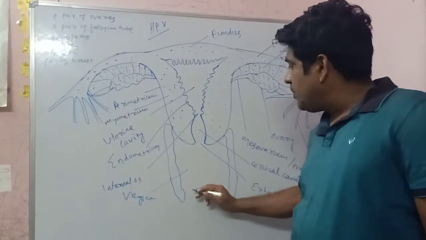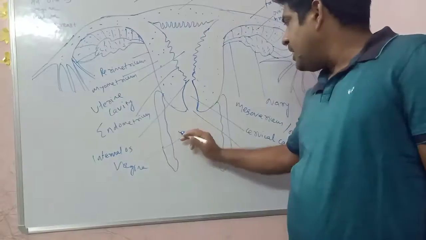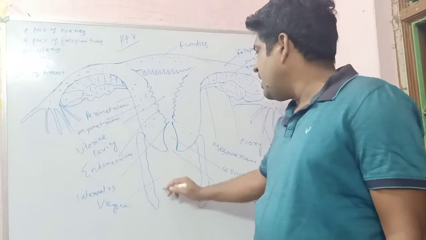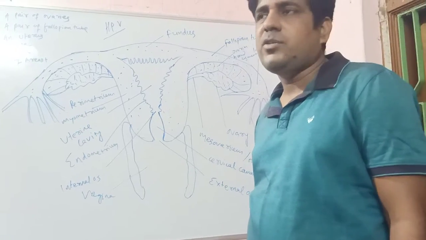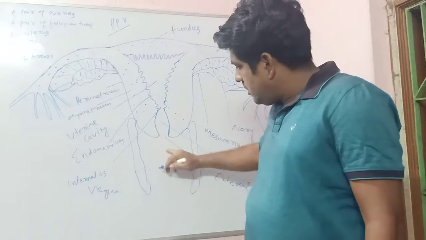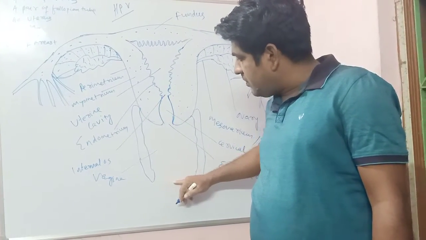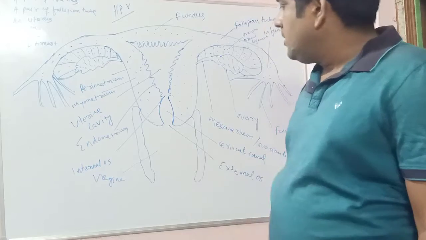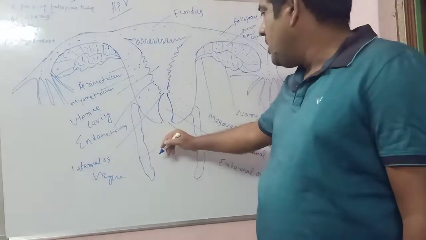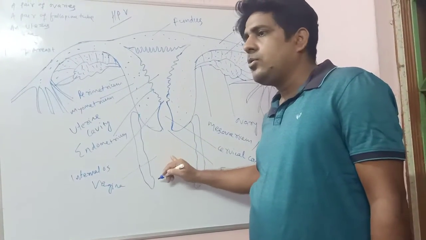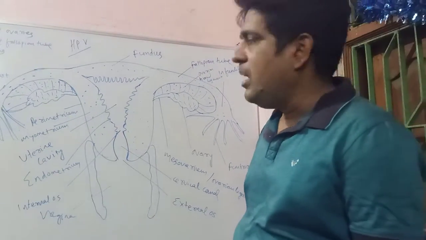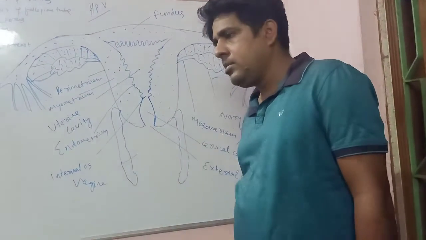This part of the female reproductive system is the vagina, or birth canal. The length of the vagina is about 10 cm. The vagina is a distensible tube-like structure that starts from the last part of the cervix up to the starting of the vulva. It is also called the birth canal because the delivery of the baby occurs through this passage. It is also called the female copulatory organ as it receives the male penis during sexual intercourse.